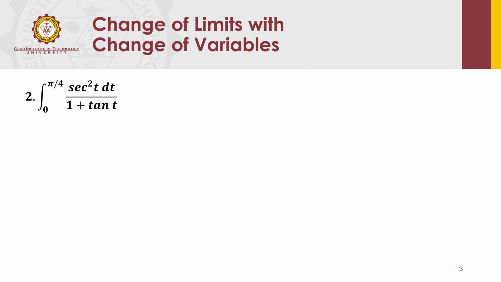So the next example, we have here a trigonometric function. If we're going to use simple substitution, we are going to let the denominator be our u, since its differential is ready in the numerator. So it's 0 plus secant squared t dt, right? And then since we are changing the variable, and if we don't want to return to the original variable t, our integrand now becomes du over u.